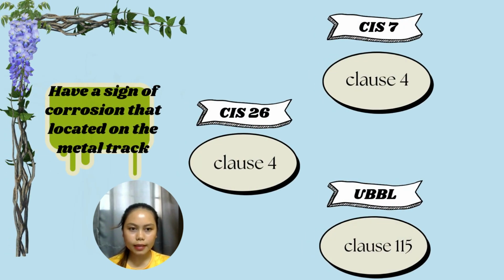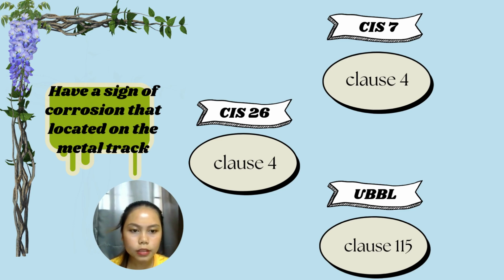The next defect that has been identified is a sign of corrosion located on the metal track, which is, according to CIS 7 clause 4, this clause addresses various surface defects including corrosion. It says that surface should be free from any form of corrosion, rust, and other deterioration. According to CIS 26 clause 4, this clause emphasizes